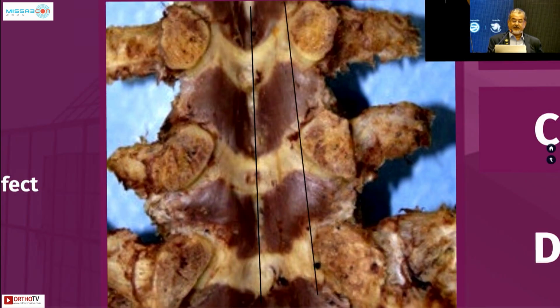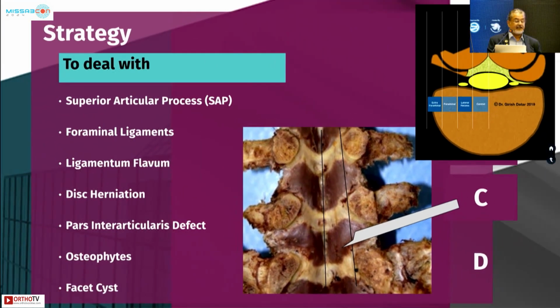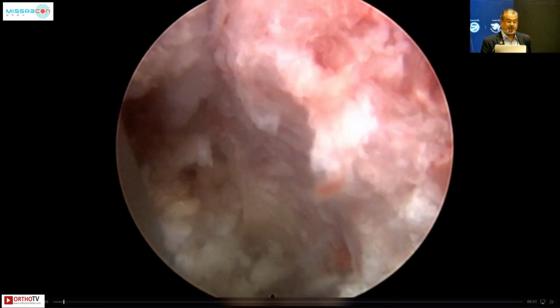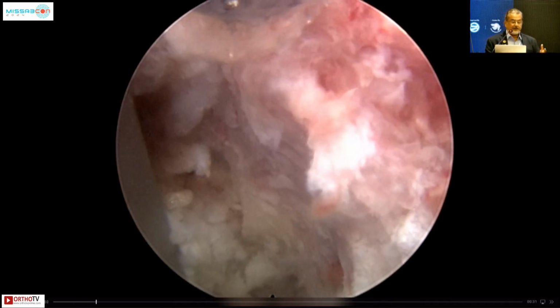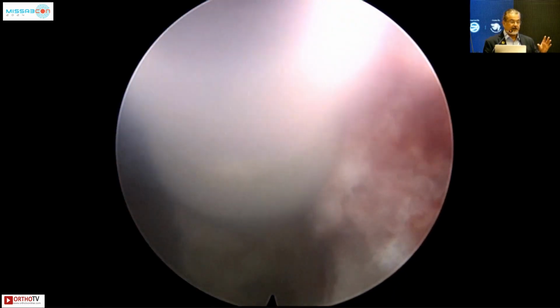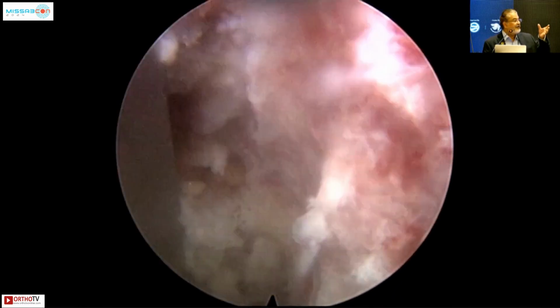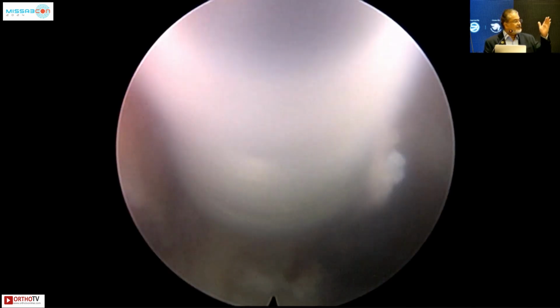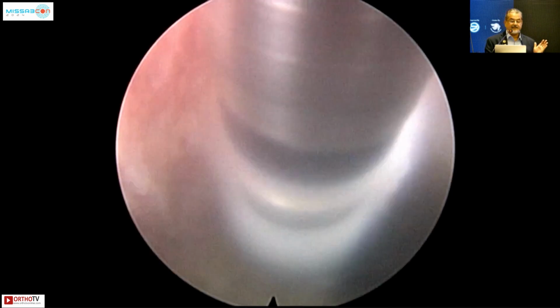So the transforaminal, as I told, this is the area where the transforaminal endoscope is going to lie, and this is the area of the pathology. We've been talking about it all through. So superior articular process, how do you do it? Directly get into the foramen, identify the superior articular process in the upper part of the foramen, protect the exiting root with the tang of your sleeve, just take off the ventral part of the SAP,